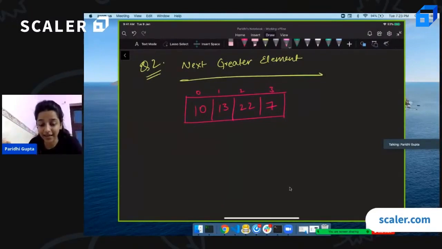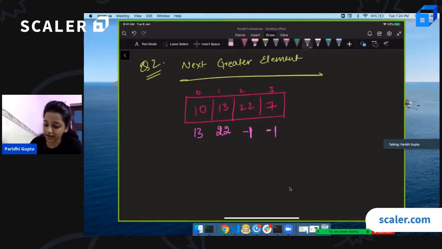What's the next greater element to the right of 10? It's 13. The next greater element for 13 is 22. Is there any next greater element for 22? No, so we can put -1 over here. Then we have 7. Next greater of 7 to its right is -1. Nothing is there.